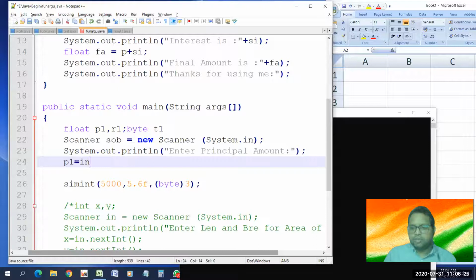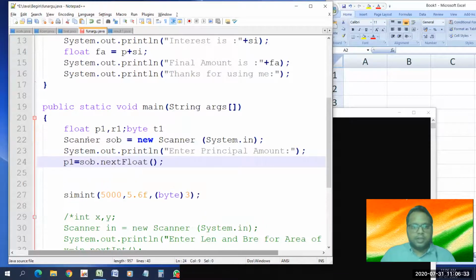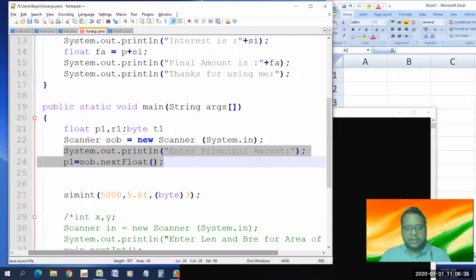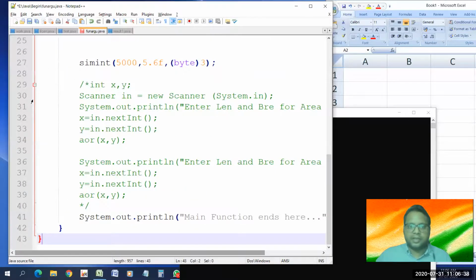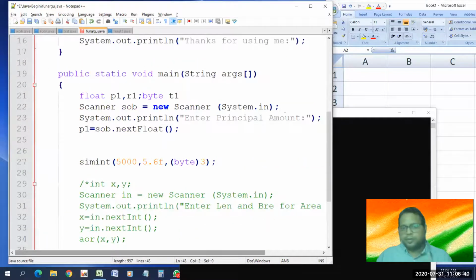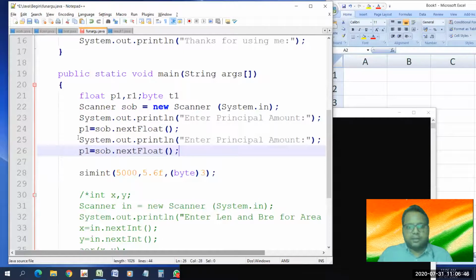Earlier we used to write in.next, but this time it is sob.nextFloat, because p1 is float. That's why. Now we can copy this. You could have written it in one go, but I'm showing you that I have to input separately.